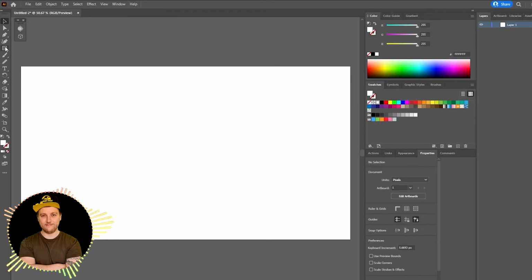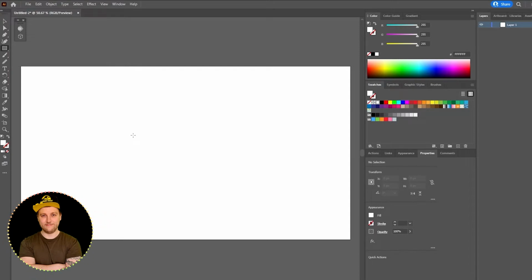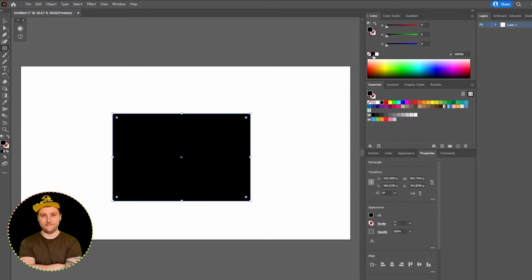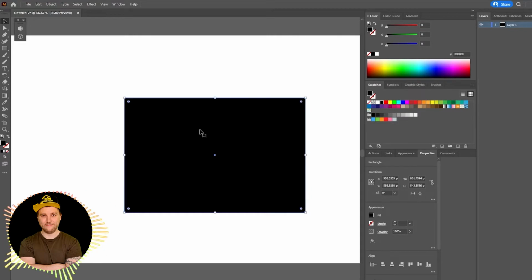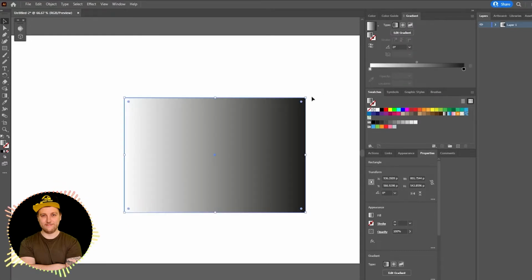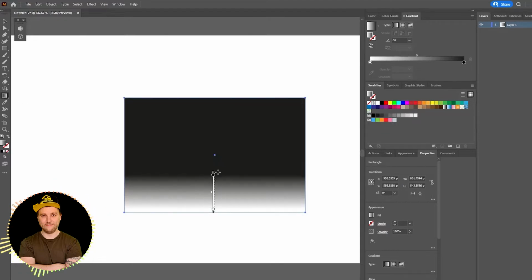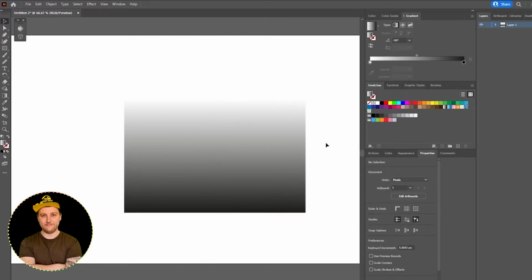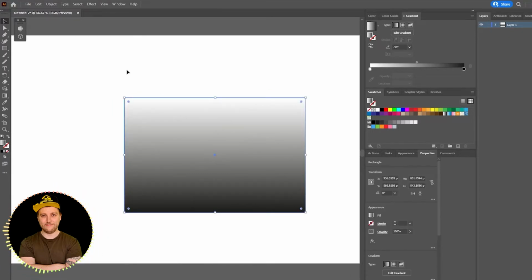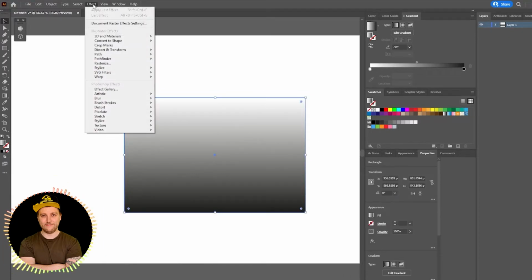to do is select your rectangle tool. You can use any shape really, but let's select the rectangle tool and draw a rectangle out. Before you do anything else, you're going to need to set a gradient. Let's just make the gradient run from top to bottom. Then select your rectangle gradient, and then go to Effect, then go to Pixelate, and then